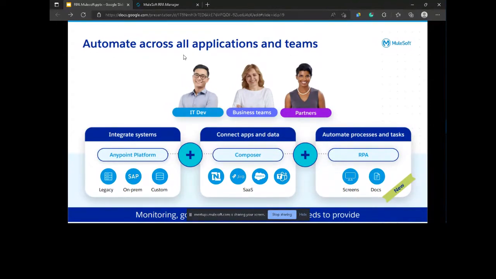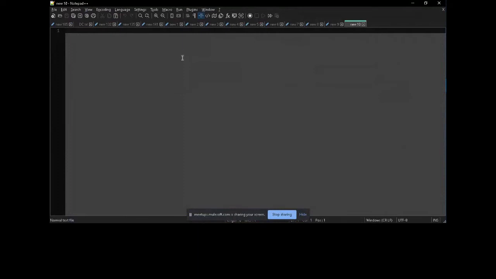Okay, let's move on. I'll try to write a few things and try to understand from that point. When we take an example of an invoice, what is invoice verification?